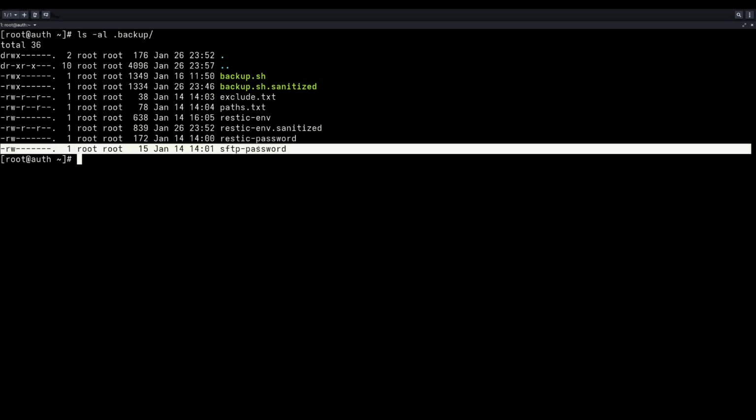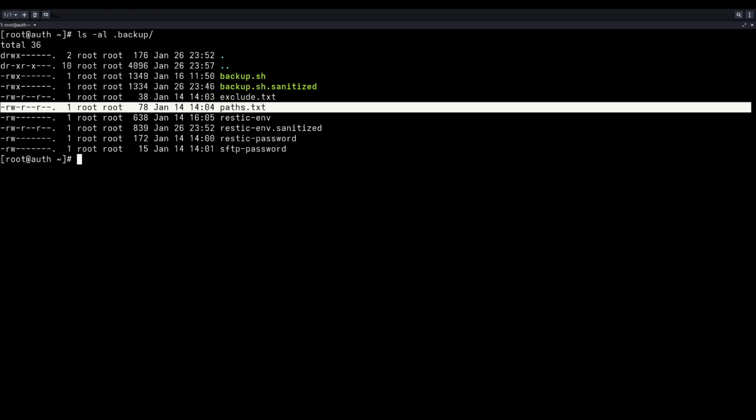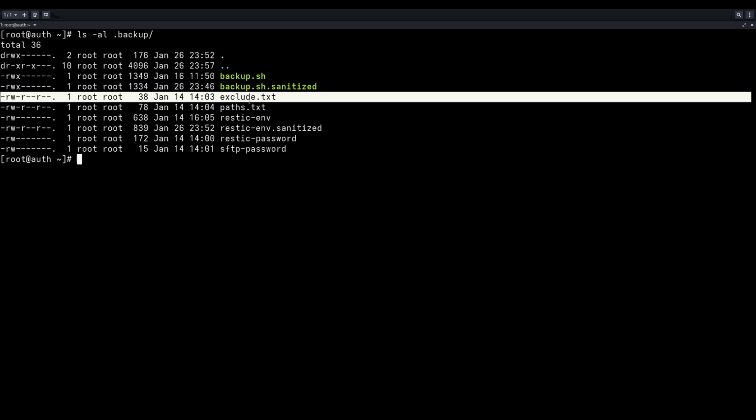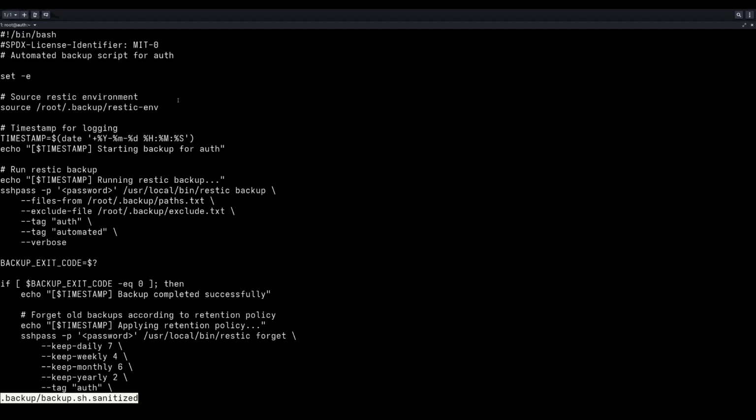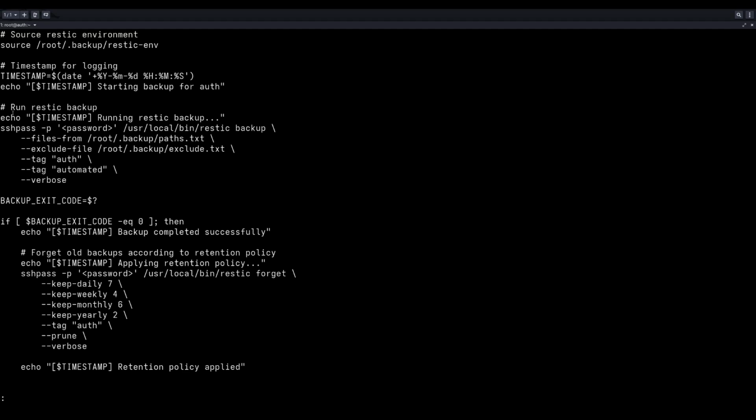I'm using SFTP here, so I'm having an SFTP password set up. Paths I want to include and stuff I want to exclude, like for example .git, temp folders, cache, and so forth. You know what I mean. Basically, the script is very simple, looks like this. Okay, timestamp and sourcing the environment, and after that